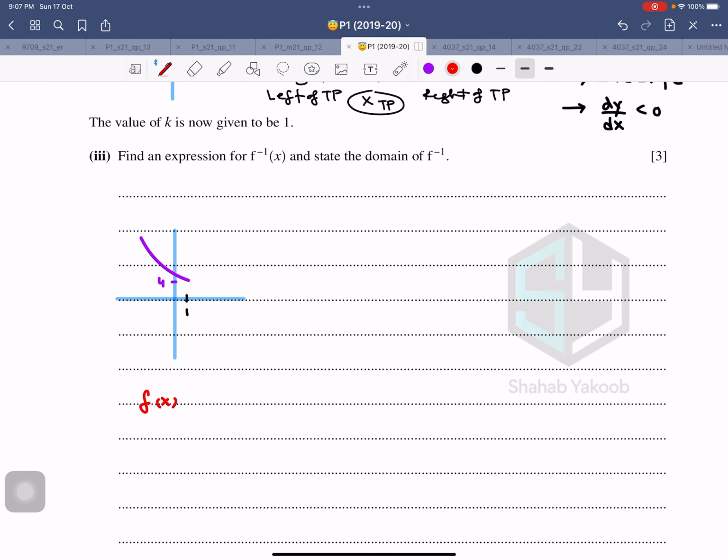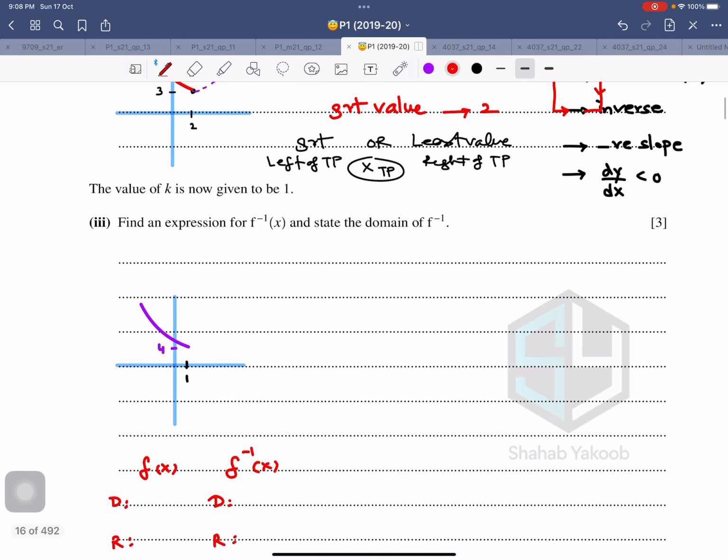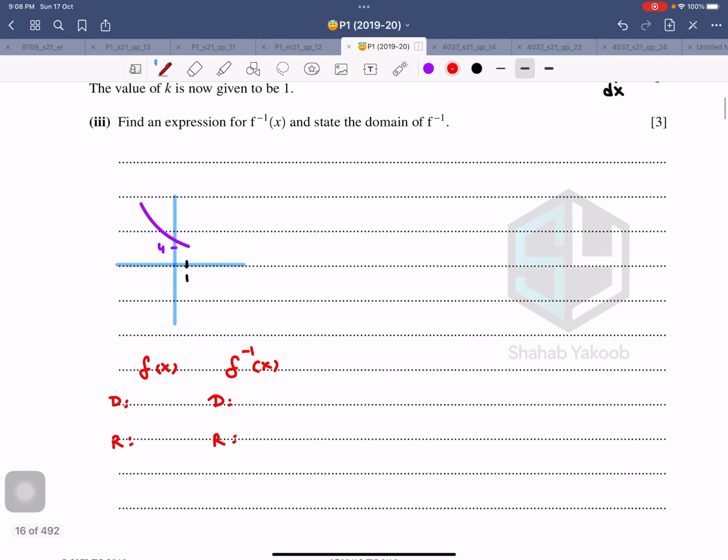There is an f(x). There is an f inverse x. Domain, range. Domain of f(x) is x is less than k, so x is less than k, which is x is less than 1. Therefore the range is f(x) is greater than 4, because that was close to the minimum point, and now it's rising up because that's how the shape of the graph is. And flip-flop, what happens? This would be x is greater than 4 and f inverse x would be less than